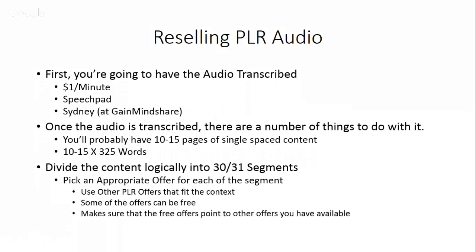Now, you want to make sure about the free offers. This is a little tricky. Let's say you decide to give an ebook on Tuesday. That's going to be one of the 30 to 31 segments. It's going to have a link inside of it that directs them to a free offer you have. Now, we know that free offer should have more of your links in it. Is everybody with me on that? If you understand what I mean, please put the number 2 in the question box.